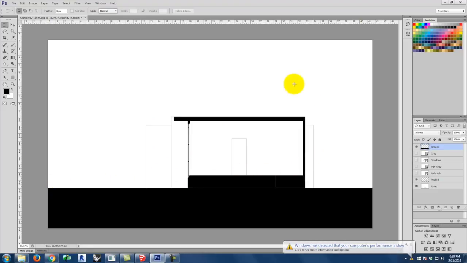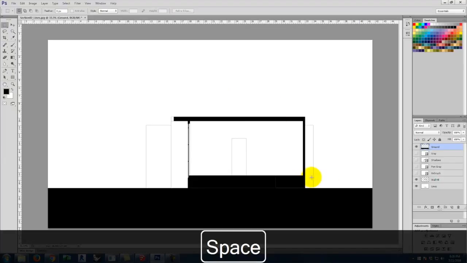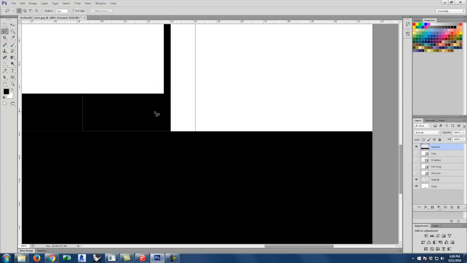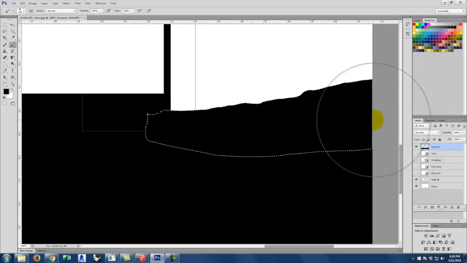But the truth of this particular model is that the ground isn't flat. It's not on a city street. It has some topography to it, and I need to put that topography as part of this. So I'm going to work on the back edge here, which is going to have a hill that's an upslope. Let me zoom in a bit, and we'll come over here. And I'm going to use the regular lasso tool, and I'm going to use that to start here in about the middle, and I'm going to draw a gentle hill going up about like that. And I'll come around until they cross, and then I'll use my paintbrush and again fill that in there to represent that side